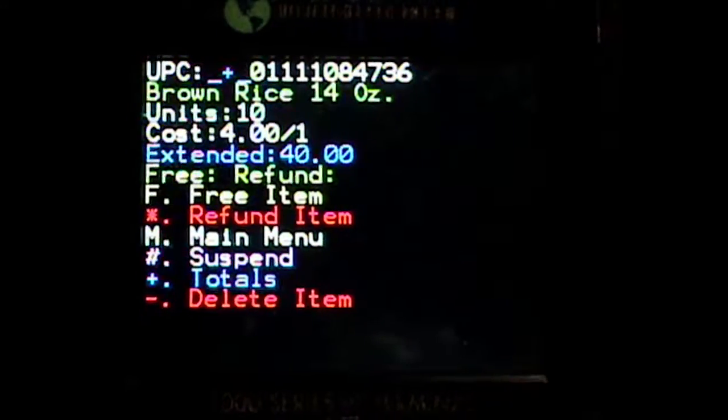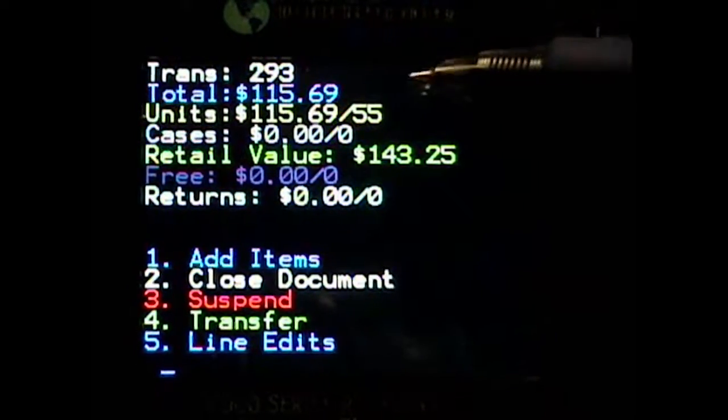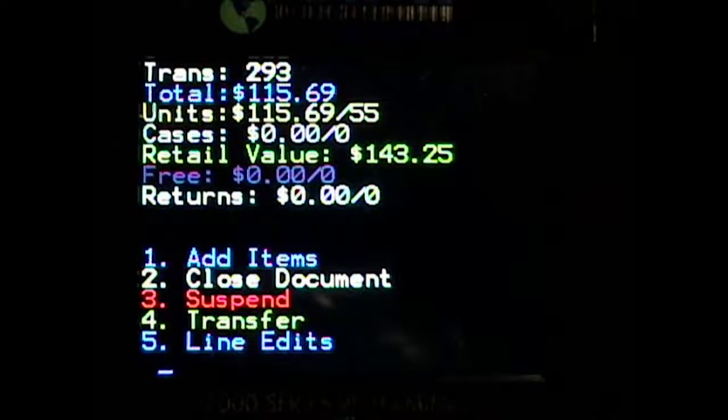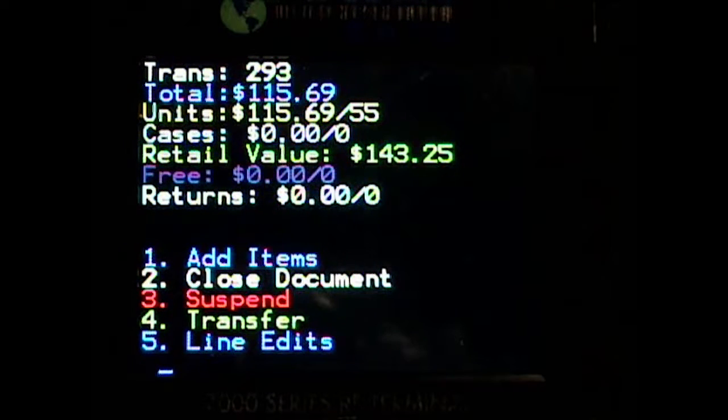Now I'm going to hit plus to go to my totals. And I'm going to look to see if my units over here are matching what's on my invoice. And if they're not, it's probably going to be either my cost is wrong or my quantity is wrong. And since the user is only allowed to change the quantity, then what they could do is